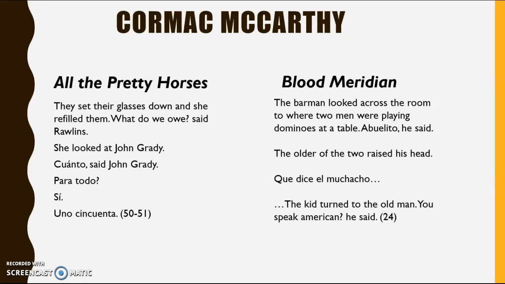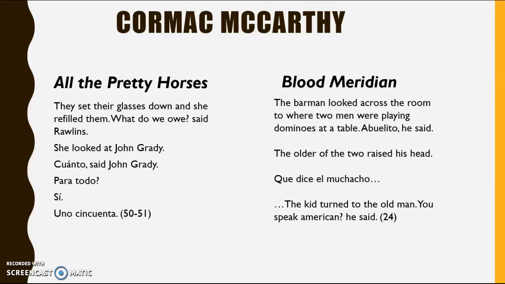And a critic named Laura Callahan made a really good point in a book that I'm going to mention again later, that McCarthy's lack of punctuation, he's known for having very limited punctuation usage, works well with